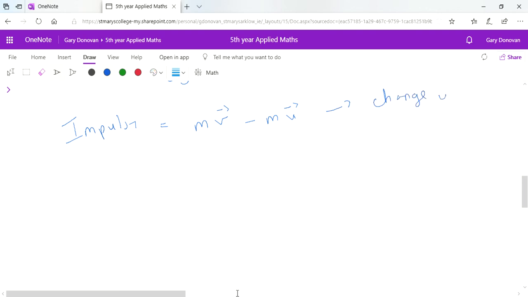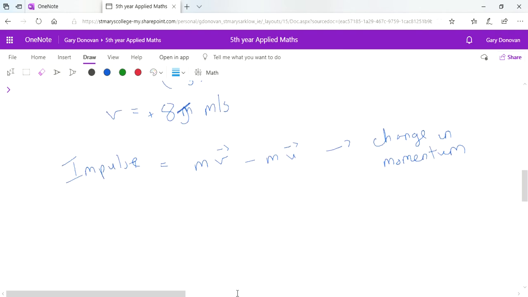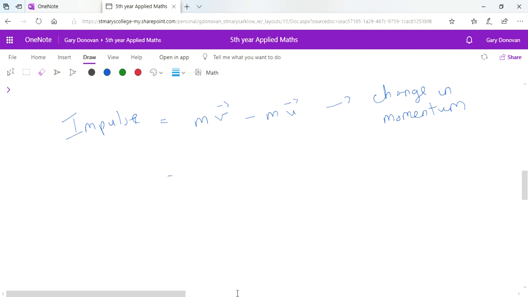And you probably haven't seen momentum yet, but you will come across it if you do Leaving Cert physics, and we'll come across it a lot more in this. So if they ask for the impulse on the ball, it's going to be the mass of the ball, which was 2, times its final velocity, which we figured out was 8,